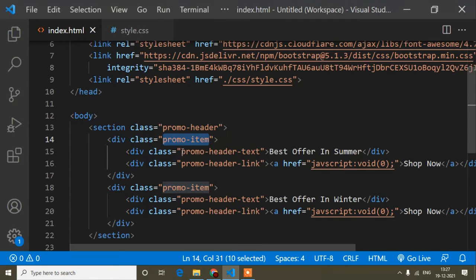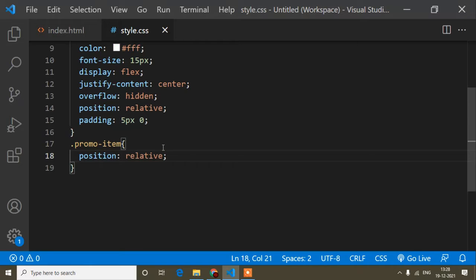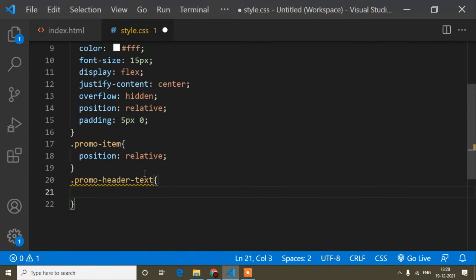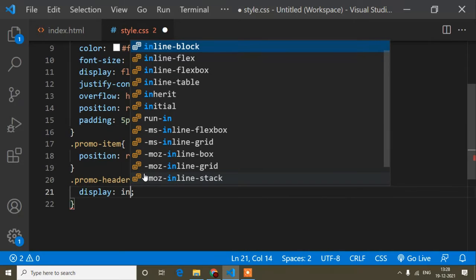Okay, now promo header text, because guys, here you can see this best offer in summer and this shop now, it's a separate line. You can see this one and this one are on separate lines, but guys, these two things I have to add in the same line. So what I will do, here I will write display inline block.